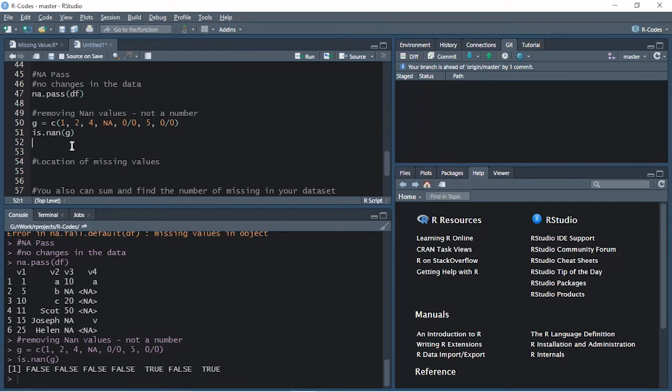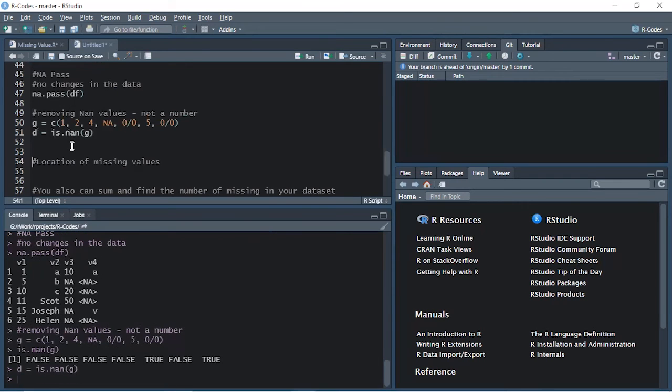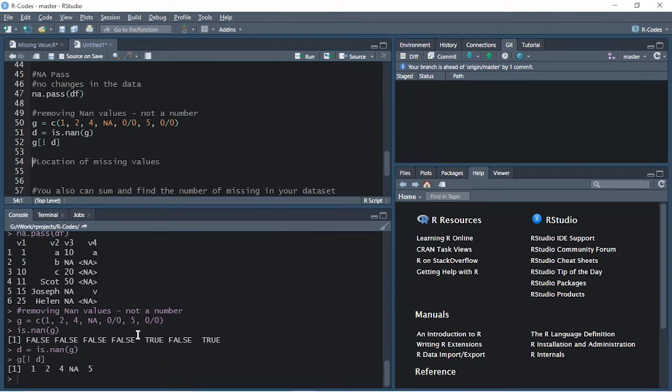Now how to remove it? What we can do is save this in a variable, and then it's very easy. You can just use na.omit or na.exclude, or you can use G with square bracket notation and the exclamation mark. The exclamation mark is used to remove all the values that are saved in this variable. Let's see. So both of these values have been removed and it gives us the result of the complete cases.